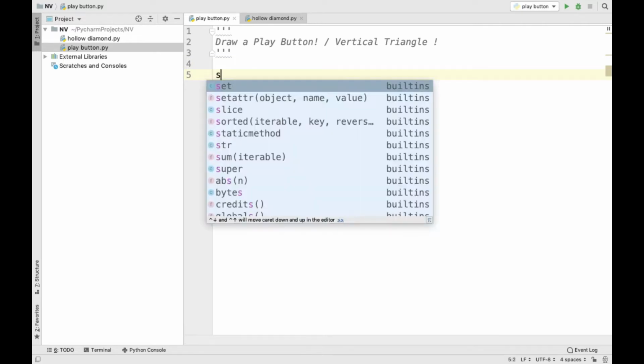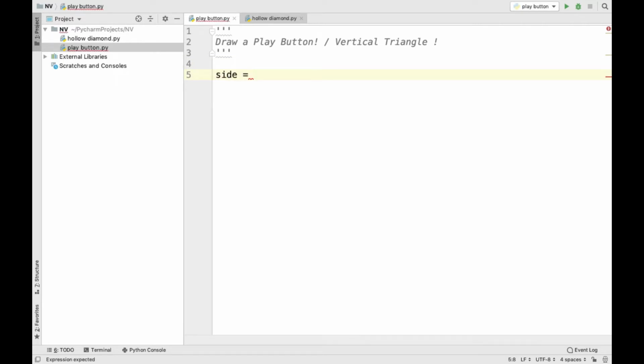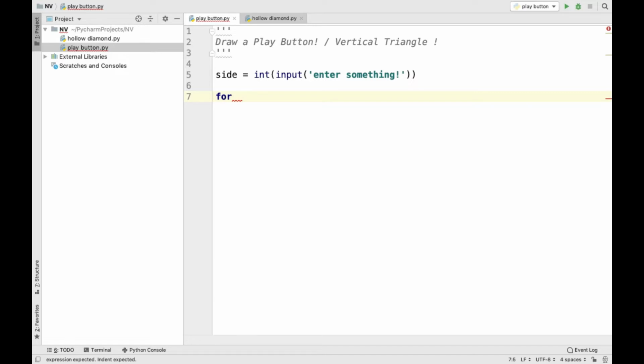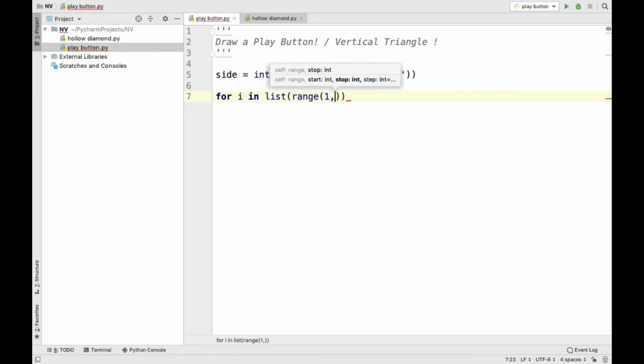So first of all we will take the input from the user, and we will mention that to enter something. Okay, so now we have the side which has been entered by the user, and now let's formulate the for structure: for I in list, because I hope you know what we are going to do, from 1 to side plus 1